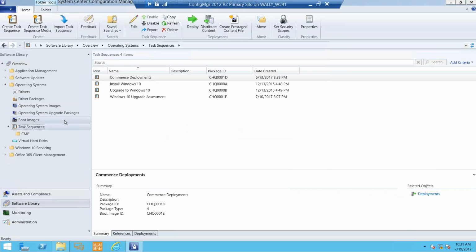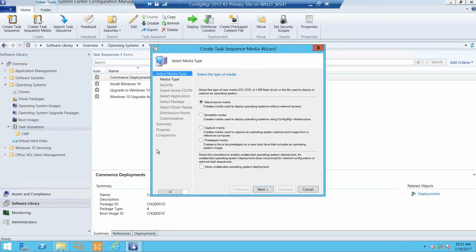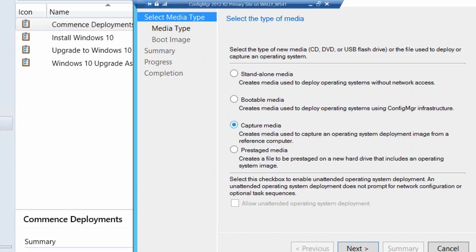Or you could go ahead and do a create task sequence media and then do this third option here, capture media. And that will create basically an ISO that you could burn to a DVD and then take that over to your reference computer that you would have manually installed and configured the way you want, capture it, which will do a sysprep on it of the operating system as well as the Config Manager client, remove it now, and then capture it and create a WIM file